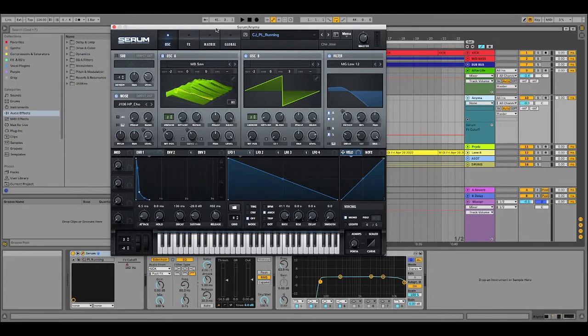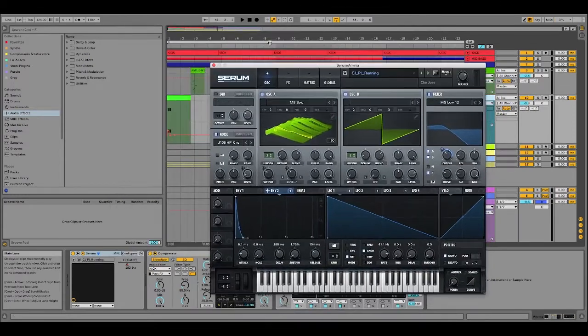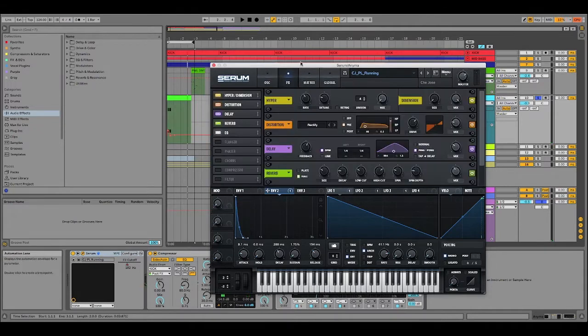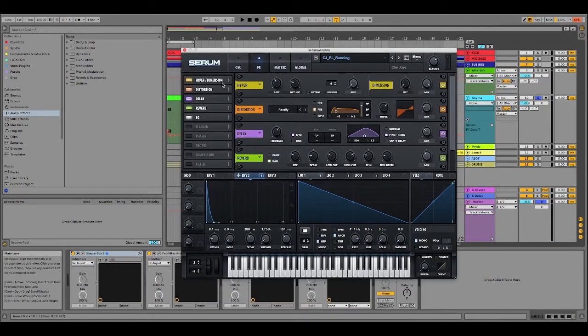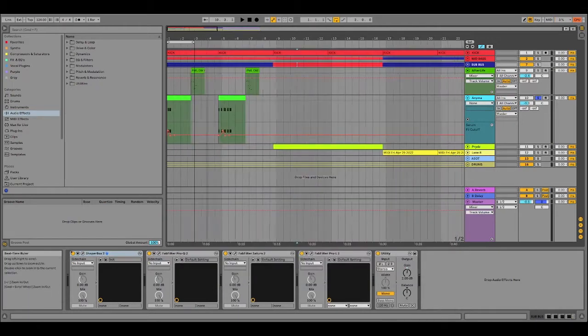But essentially what we have here is just a saw wave and the MB saw wave tables, with some LFO mapping to some white noise, and an envelope in here which gives you this kind of plucky sound. I'll break it down here. And then we have some hyper dimension, distortion, and delay to give the sound a little bit more grit.